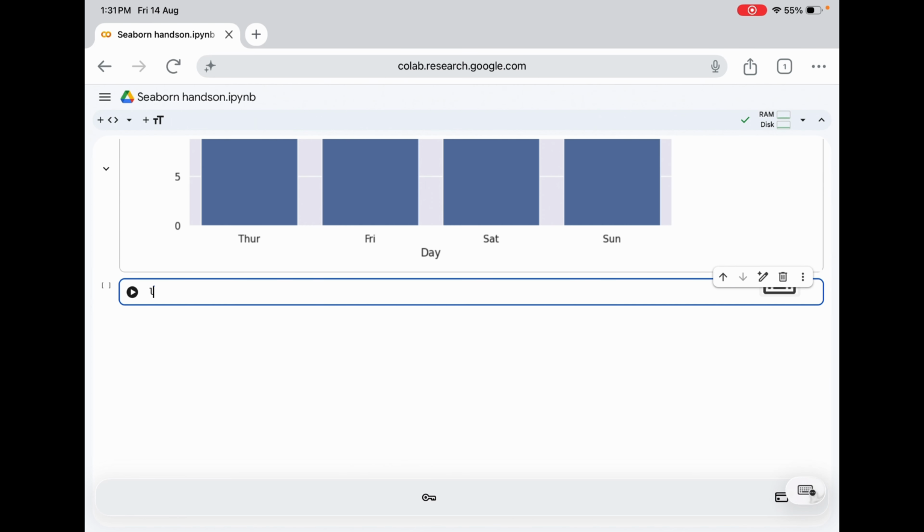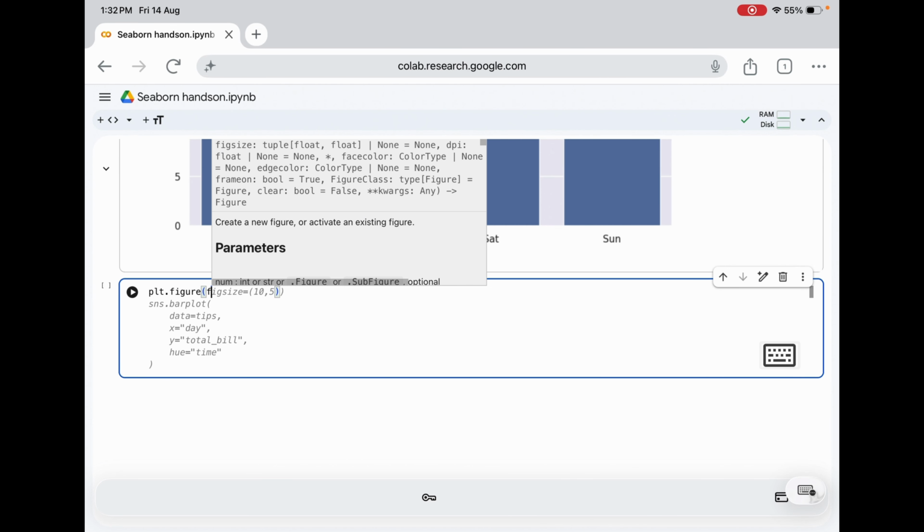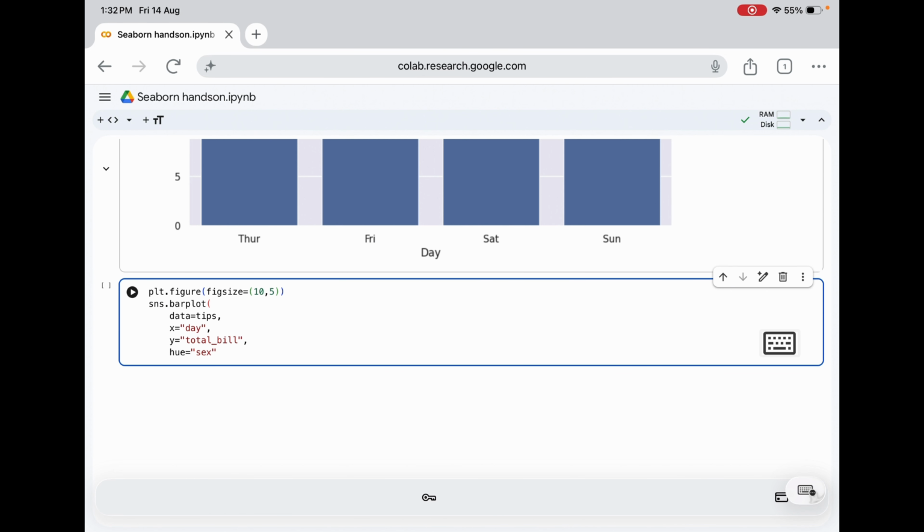For that, I'll again write plt.figure, and maybe I'll give a figure size. Now I don't want a bar plot, I want a scatter plot, so I would simply write scatterplot here.